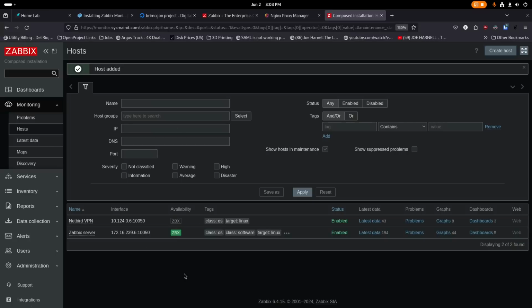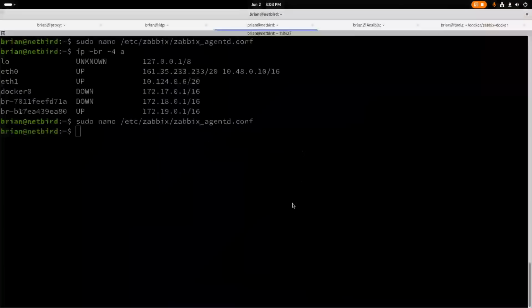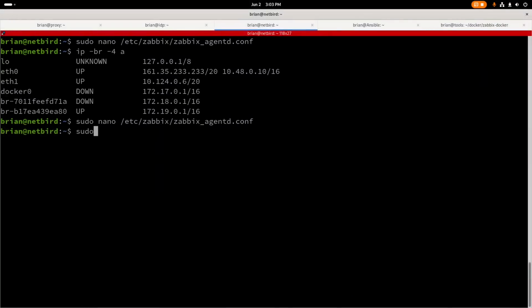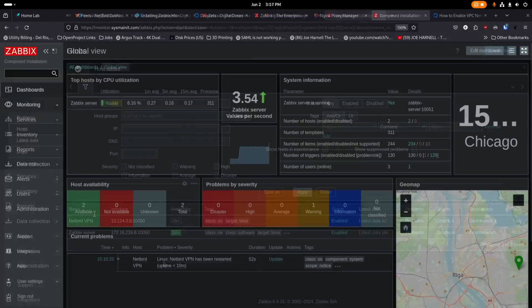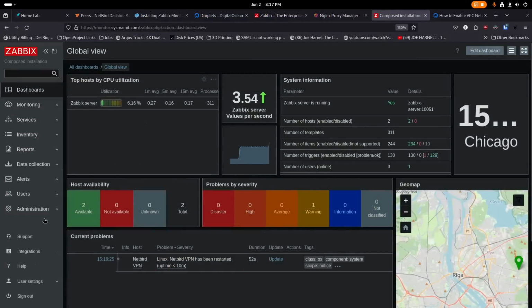Now we've set everything up over here on the terminal, but we need to restart the Zabbix service. So we're going to do sudo systemctl restart zabbix-agent.service, just like that. We're going to let it restart, and then we'll go back over here, and if we just wait a few seconds, depending on when it refreshes and when it grabs the information, you should see this turn green. Alright, so we've got our first server set up, and you can see it shows up right here as 2,